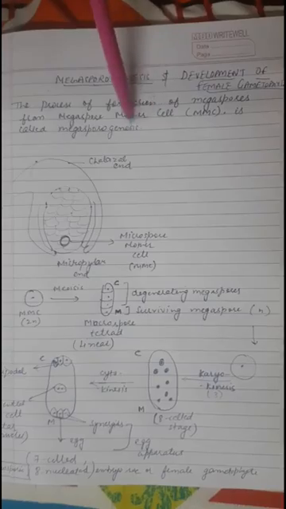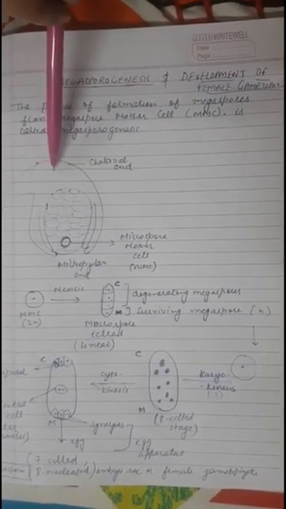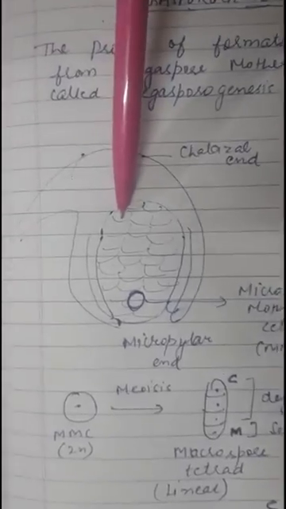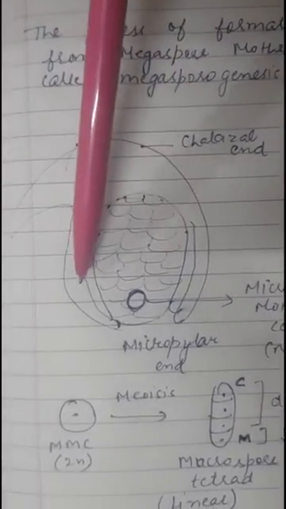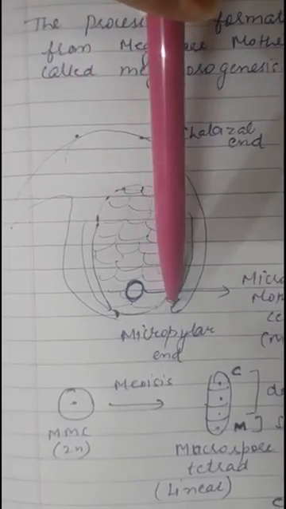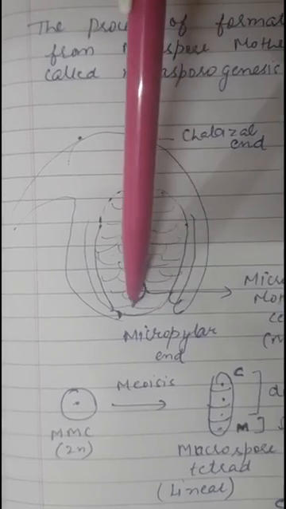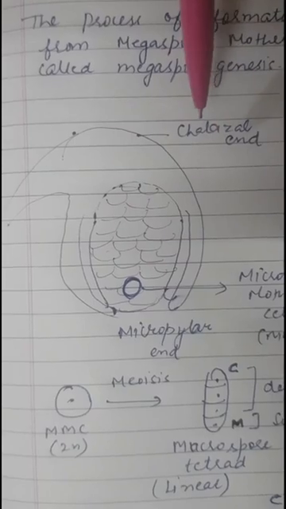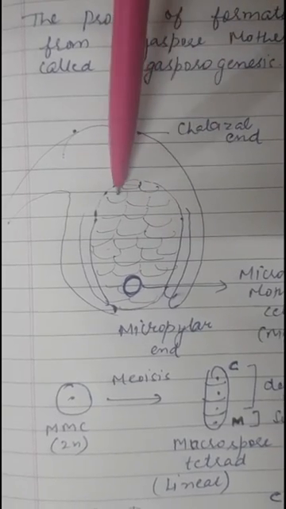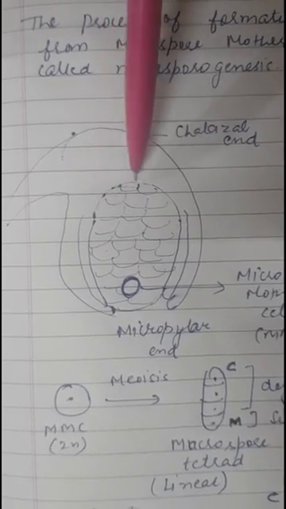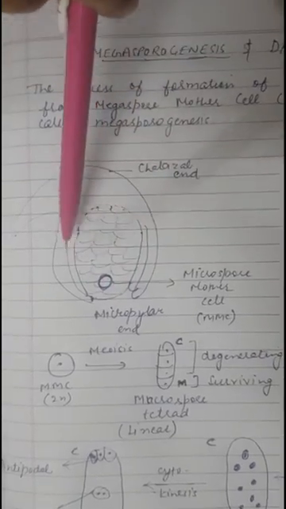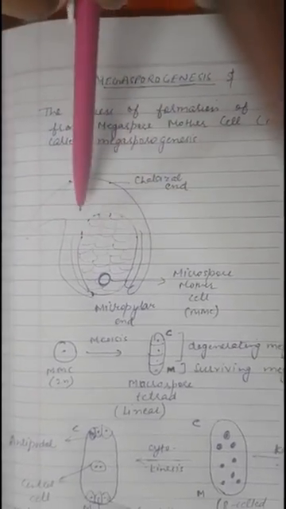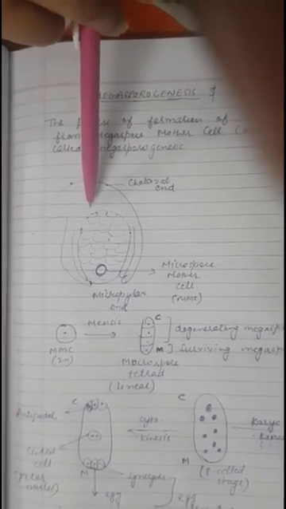In the ovule, you know that these are the 2 layers, and the end which is not covered with the integument is called micropylar end, and the opposite end is the chalazal end. It is an anatropous ovule. Inside this, the structure is the nucellus. I will not label each and every part again, as we have discussed already.